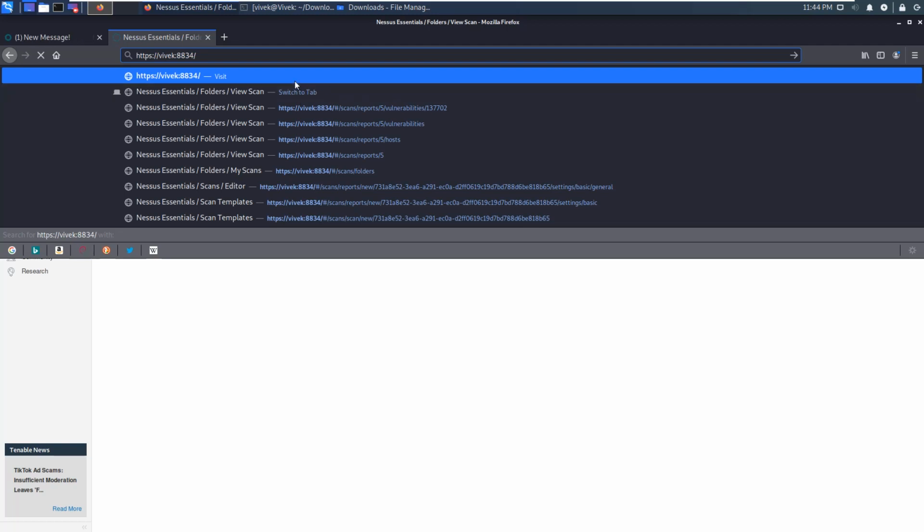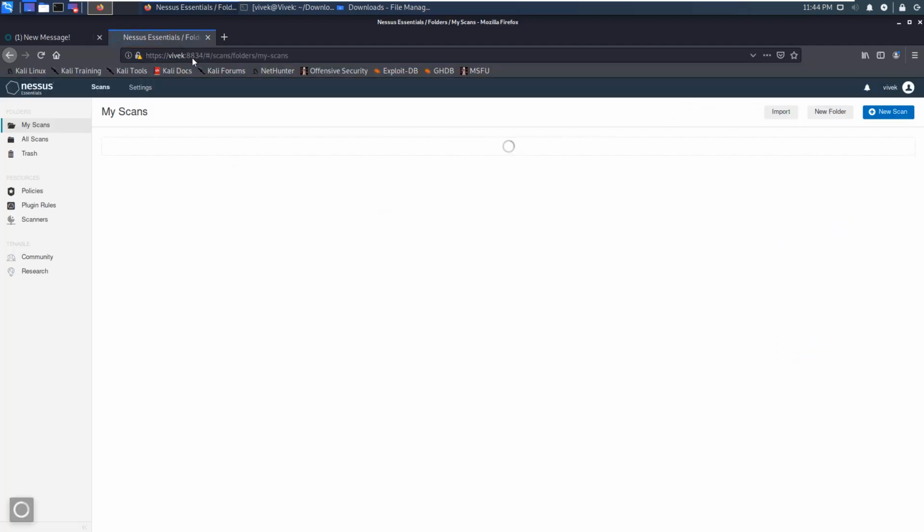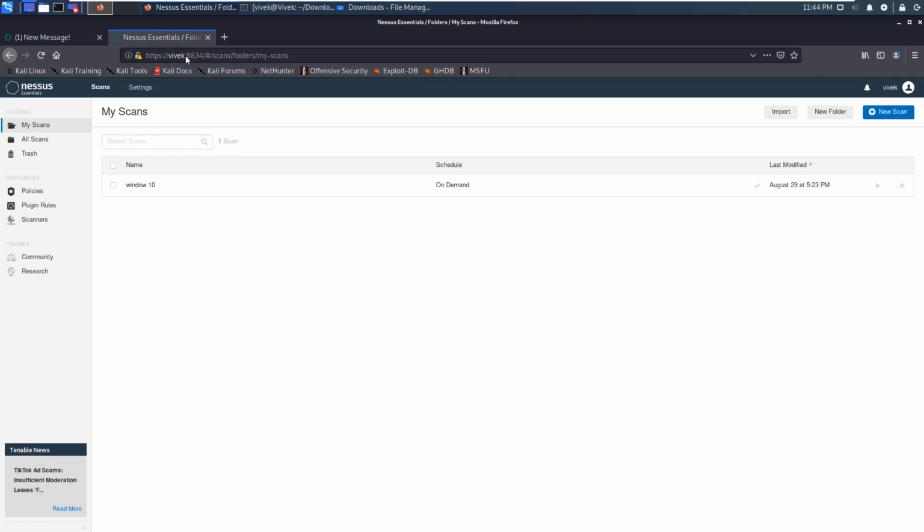This is the link. You will find this link, https://, with my system name Vivek, and 8834, that is the port number. On this port Nessus is running. When you install, you will get that link.